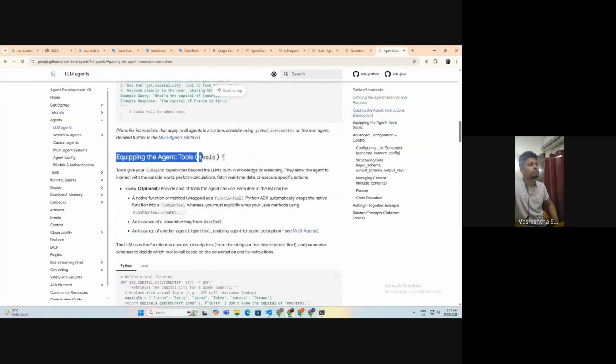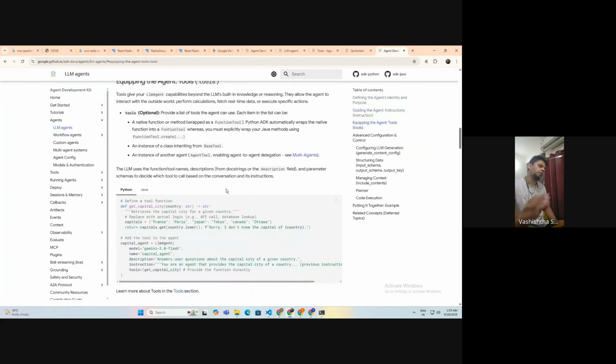The interesting part is equipping the agent with tools. Tools are like functions which you would be creating and passing to your agent, and your agent is in turn going to use these to cater to your needs. So I had written three tools, and I will show you those in a while.